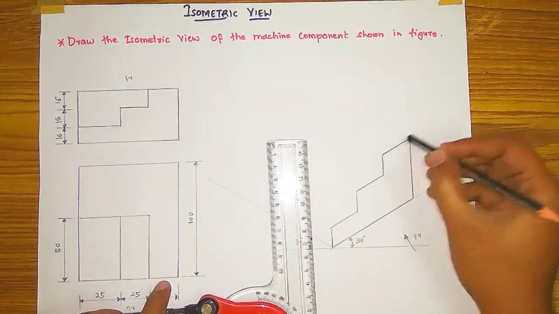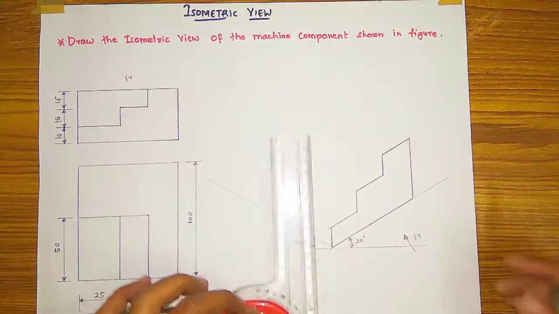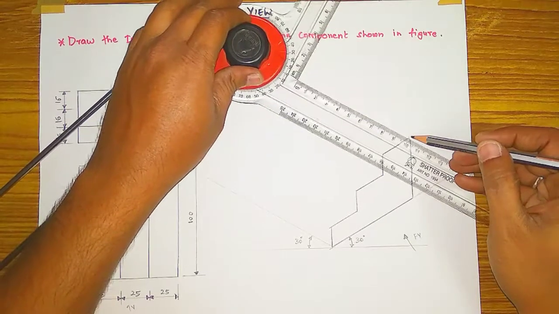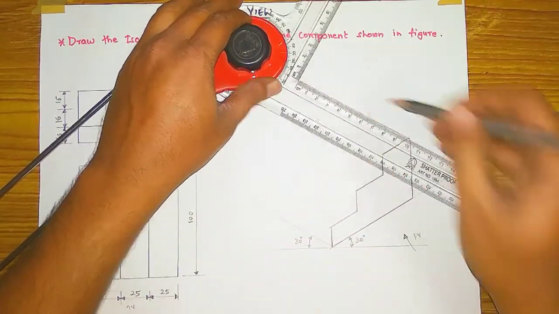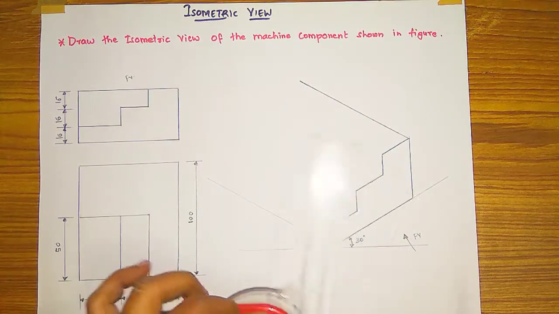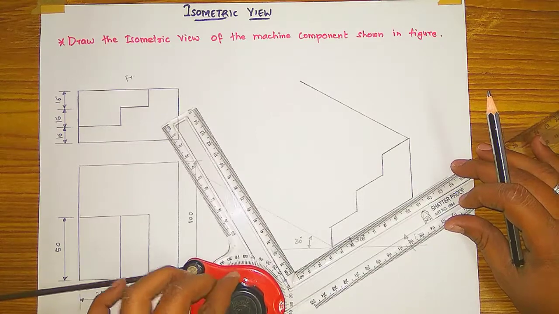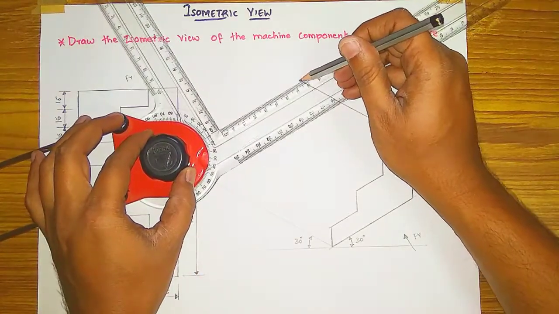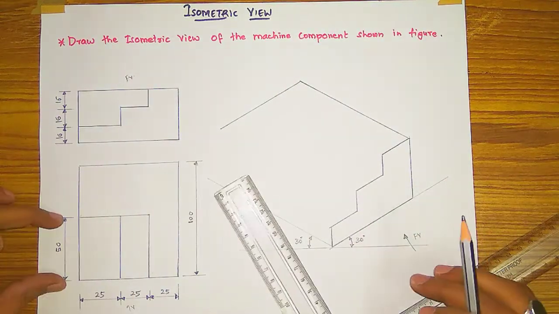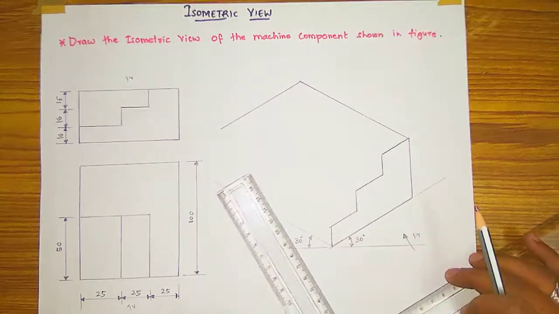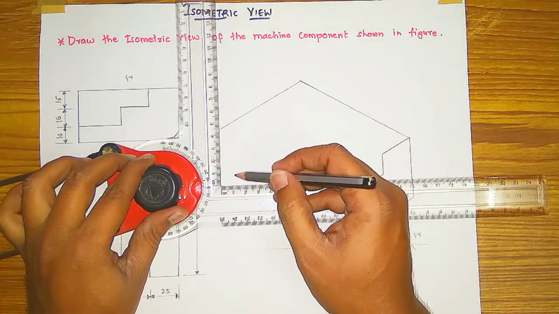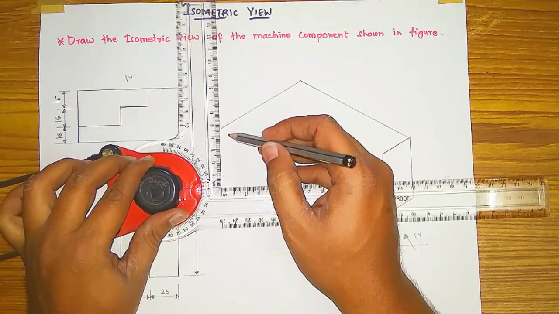This much is 25, already I am having, and this much is 100 mm. So 100 mm means with this line, parallel line, we have to draw 100 mm like this. Okay, then this line is of 25, 25, 25, 75 mm. So parallel to this line only we have to draw a 75 mm line like this. Okay, and this line is of how much? This is 50. 100 minus 50 will be 50. Okay, that much line we have to draw, 50 mm. Means this height is automatically you will have 48 mm. Just join it.